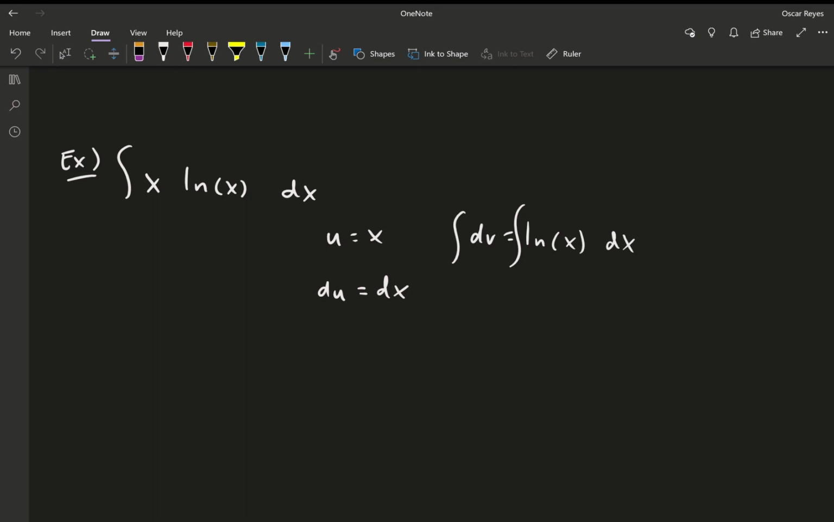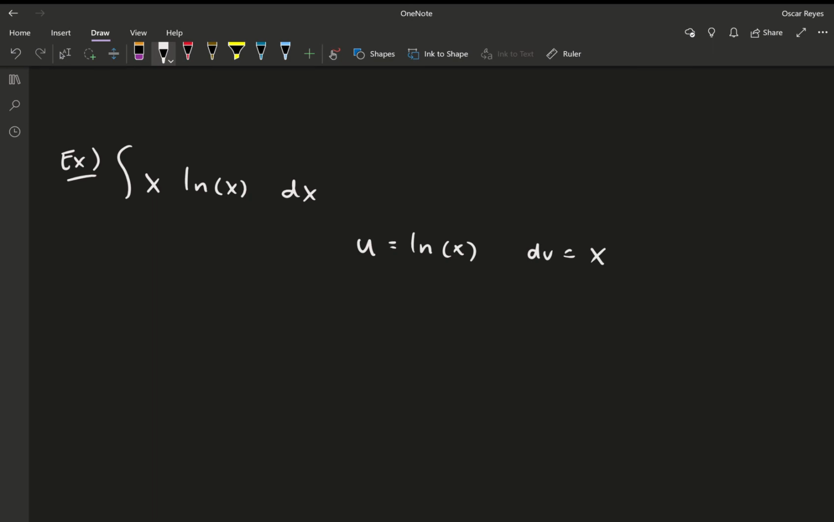I'm sure there's an answer, but it's not the answer that we always think of, because what we know is that if we take the integral of 1 over x, that gives us ln of x, right? And if we take the derivative of ln of x, that usually gives us 1 over x. But in this case, if we take the integral of ln of x, that doesn't give us 1 over x. So in this case, it actually does matter what we set our u to be. So if we set our u to equal ln of x and our dv to equal x,